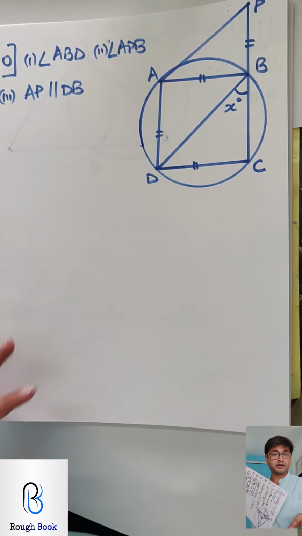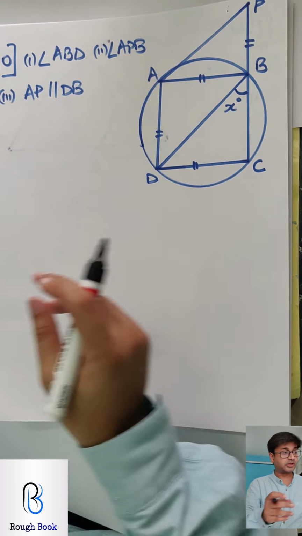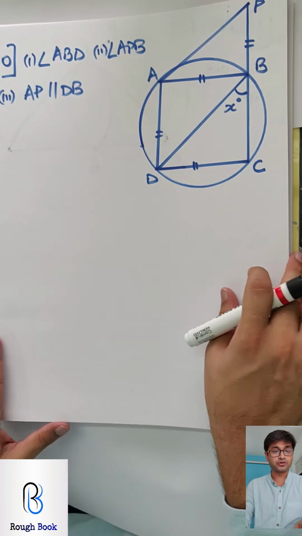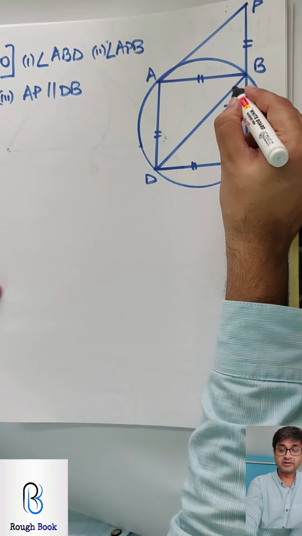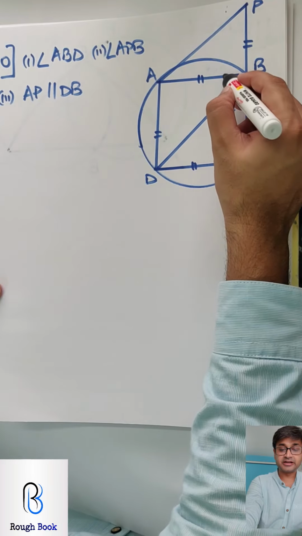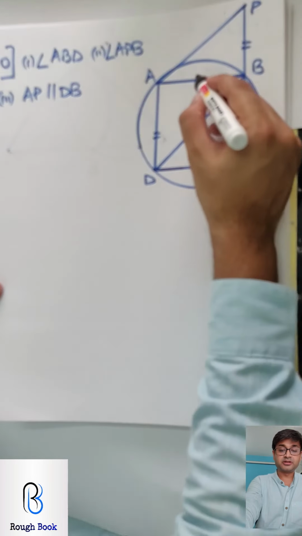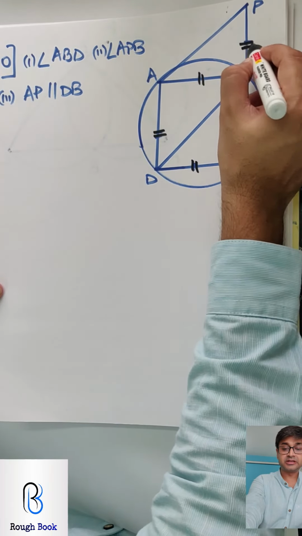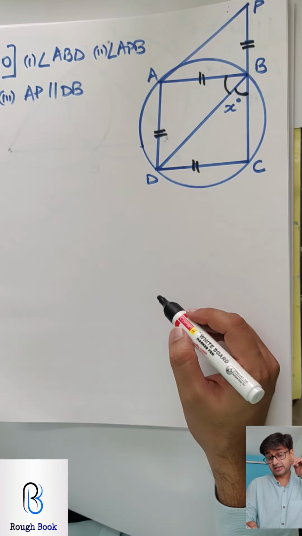Next one, sum number 10. 10 is a good question. It is not in values, it's given in terms of x, but I'm sure we should be able to manage. You've been given this as x, your first target ABD, and the most important thing given to you is AB equals AD equals DC equals PB. These four parts are equal.